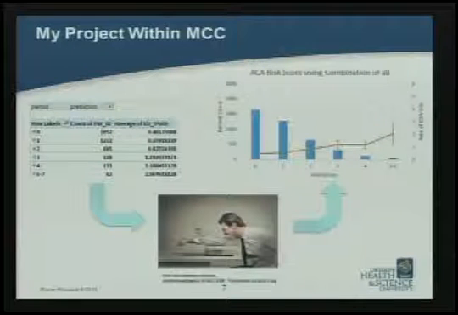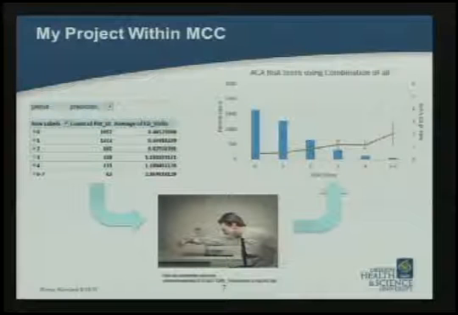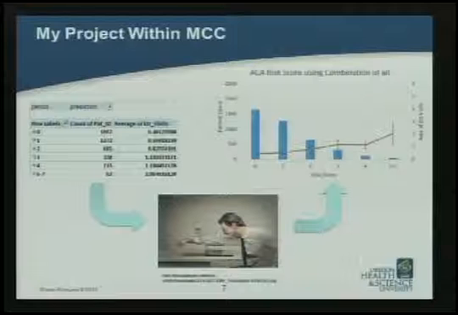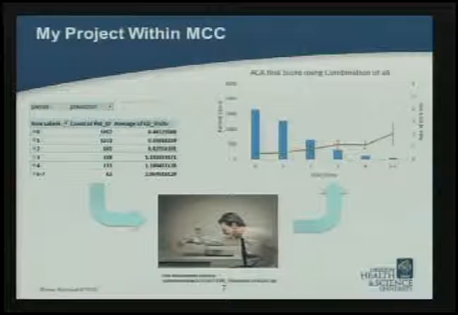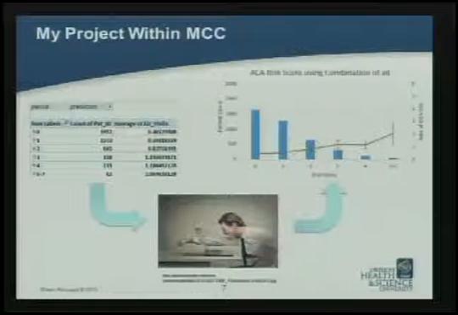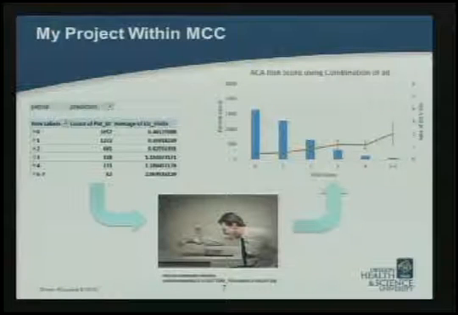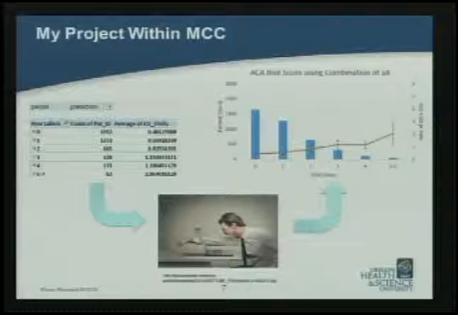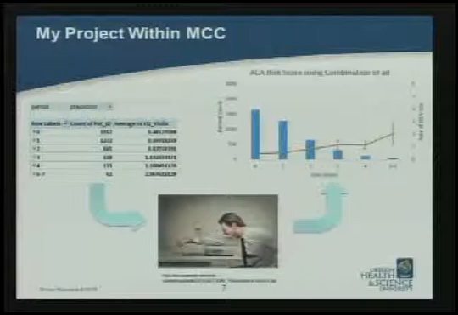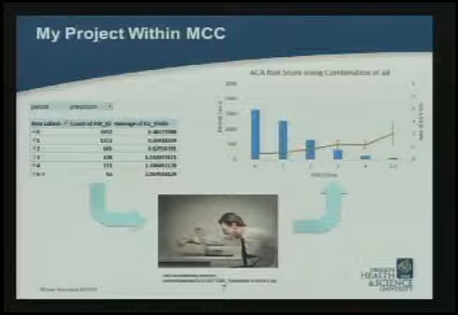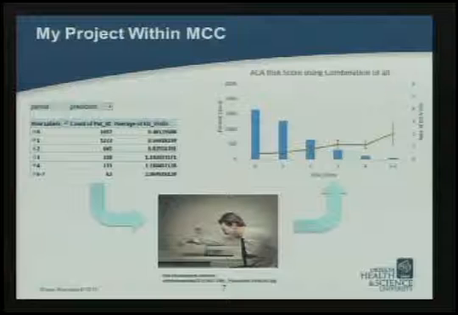This is one of 36 that I ended up making, and I'm fairly content with how they turned out, and I feel like they're a very good way to represent the data. So how you would interpret this data, or the graph: on the x-axis you have the different risk scores that the patients were given through the algorithms. On the primary y-axis you have patient count, so the number of patients who were given each risk score. And then on the secondary y-axis you have the rate of the outcomes, and in this case you have the rate of ED visits.